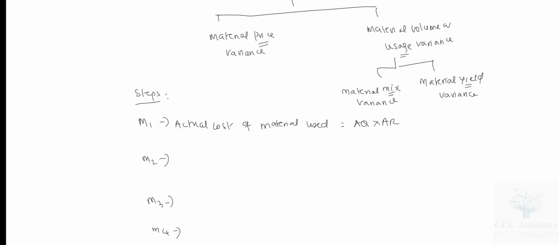So whenever I am going to use one material or two material, it can even be 2 or 3 materials, because for an output of a product you may use not only one material, you may use 2 or 3 materials. Are you able to understand? So let us say there are 3 components, 3 materials for me. I use 3 materials A, B, C. For all the 3 I have to calculate this. This is M1.